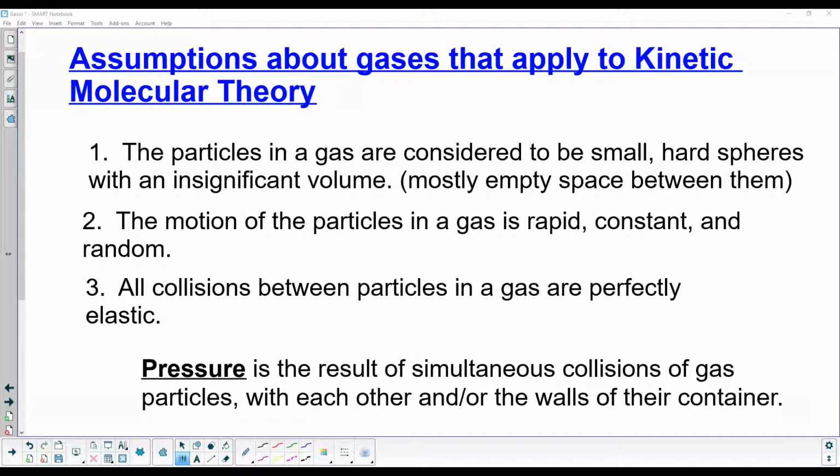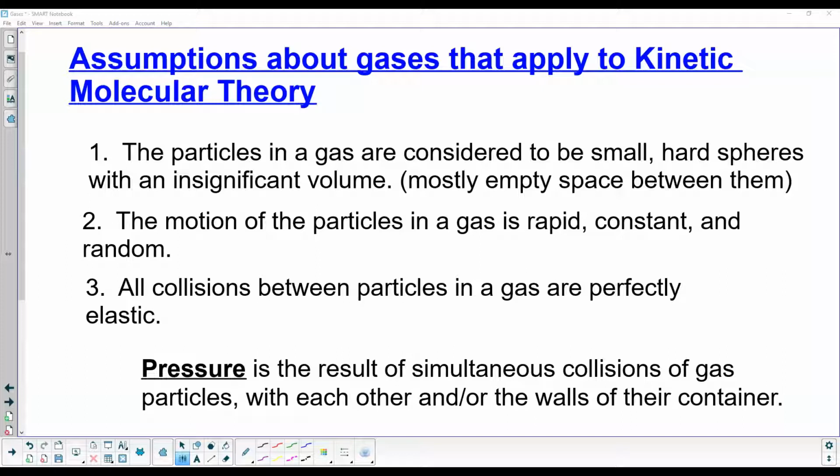This is the first lesson of Unit 9, which deals with the gas laws. We're going to start out talking about the kinetic molecular theory. Just looking at this name, kinetic, you've probably heard of kinetic energy, right? That's the energy of motion, things moving. And so this is just a theory about how molecules move.